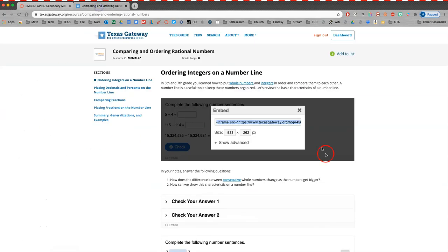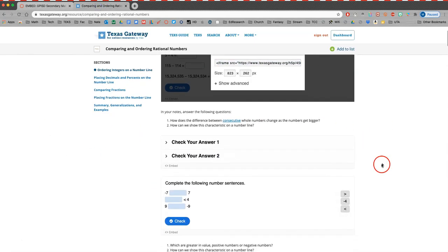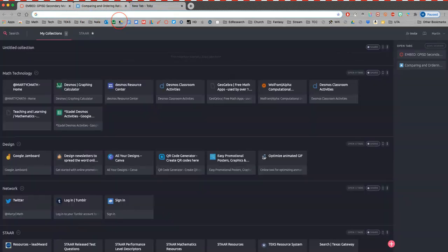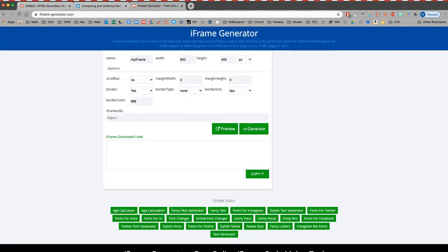I'm going to go back to my Texas Gateway. I'm going to have to do an extra step here because there's not an embed code to embed the whole page, but I still can embed it. So I'm going to go to the top browser and copy this URL. Now I'm going to want to open up an iframe generator. The one I use is